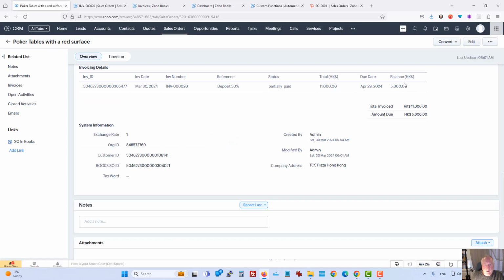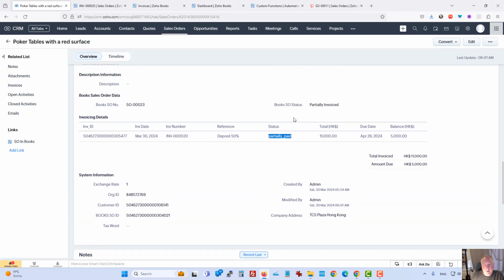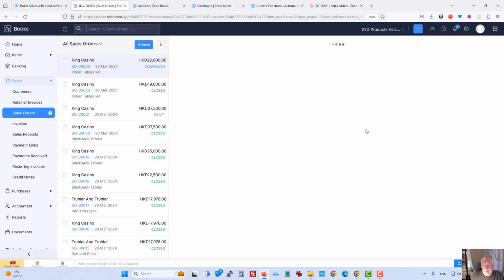Here we go. Okay, so we've actually got the status of the invoice being shown as partly paid, which is correct. And now the balance outstanding is 5,000. And then the total amount outstanding for, let's say, all invoices, in fact, is 5,000. But we've only got one invoice, of course. So I'll move on and we'll record the balance,